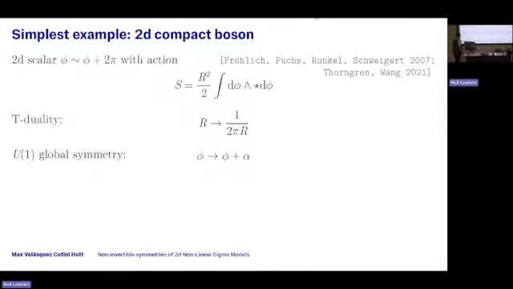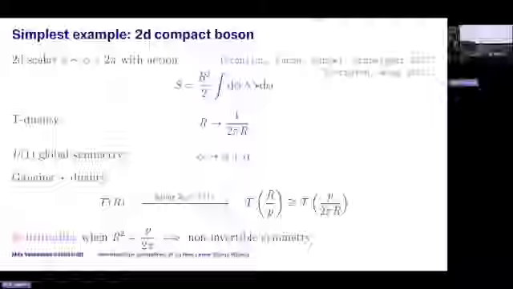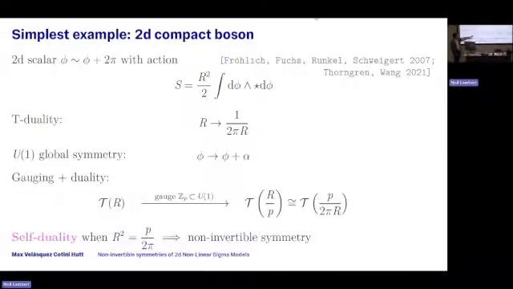All right. Let's see what happens when I play the game. I start with, people won't be able to see this because of this screen, I'm sorry. You start with the theory at radius r, and I gauge this Z_p subgroup of this U1 shift. What's the upshot? Well, it's another compact boson at radius r on p. I'm just gauging one pth of the shift around the circle, so it effectively just reduces the radius by a factor of p. And then I'm meant to use a duality, so I use the T-duality to tell me that that theory, the gauge theory, is the same as the one at radius p over r. Now, for generic r, of course, the theory on the left and the theory on the right aren't the same. But if I restrict the value of r to be r squared is p on 2 pi, then they are. And the construction that I showed you before goes through, and there's a non-invertible symmetry.